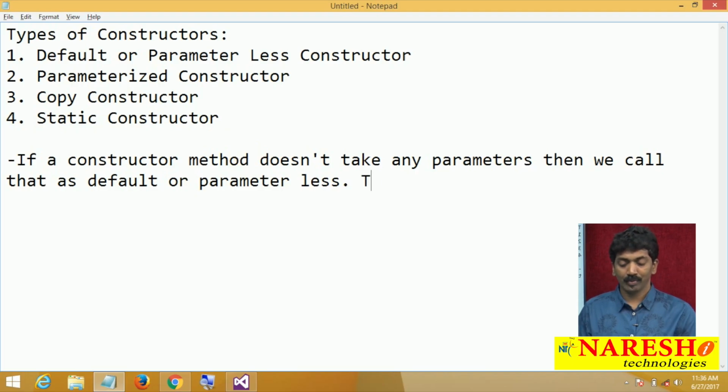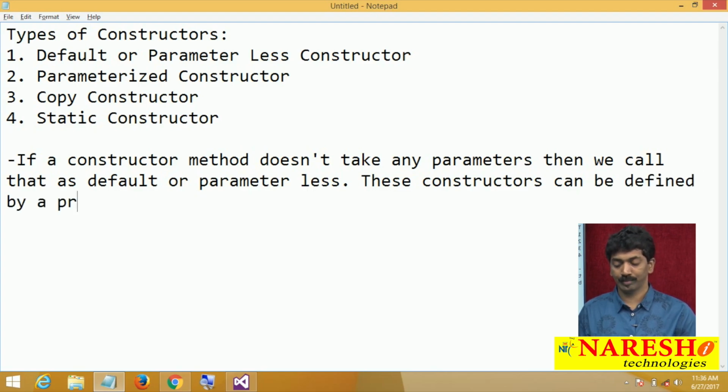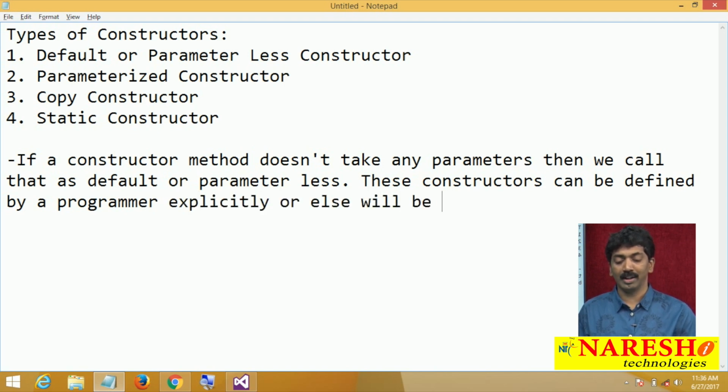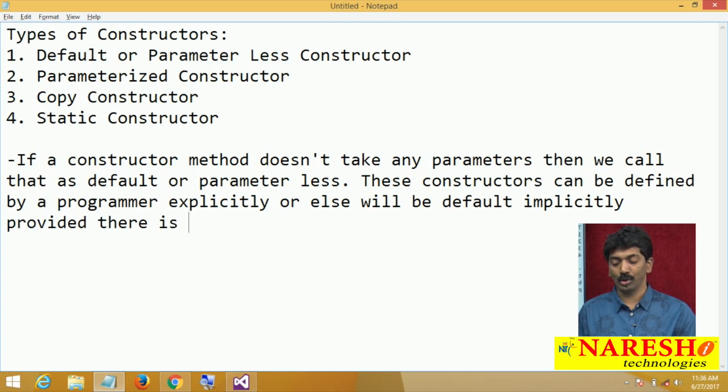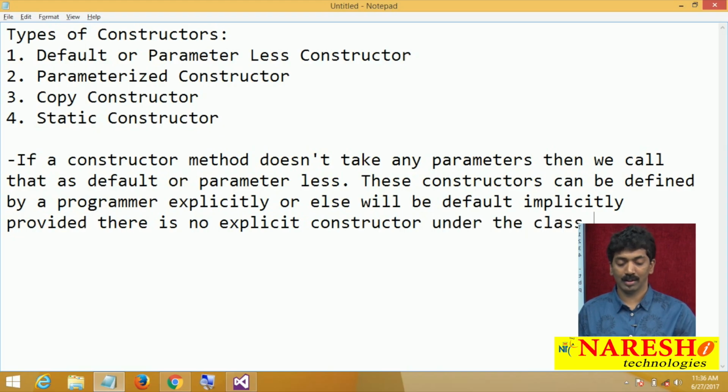And remember, these constructors can be defined by a programmer explicitly, or else will be defined implicitly, provided there is no explicit constructor under the class.